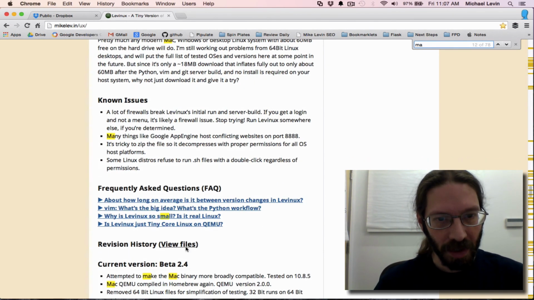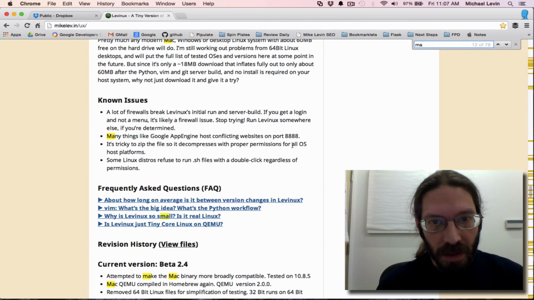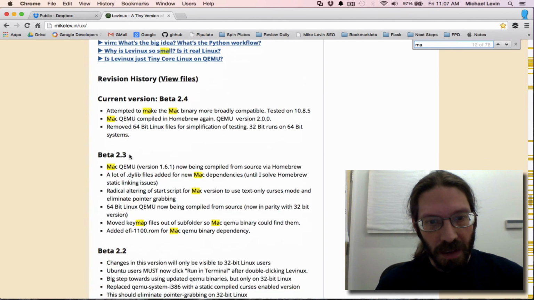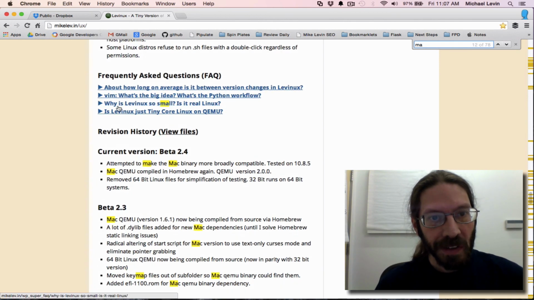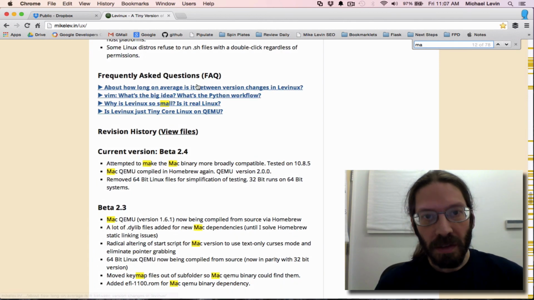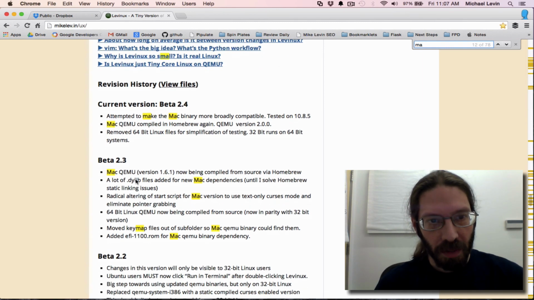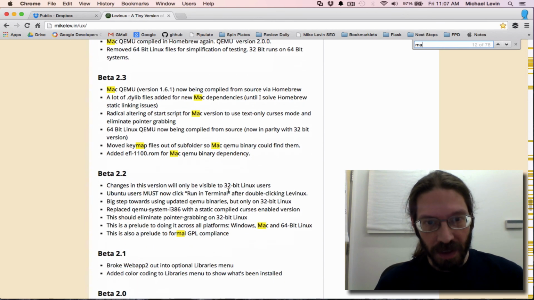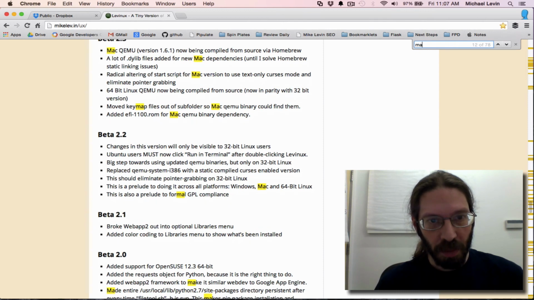System requirements, known issues. 2.4 we're on, 2.3, homebrew, yeah. This version, I believe it's 2.2, works on Mac